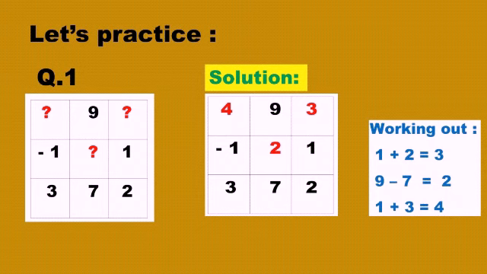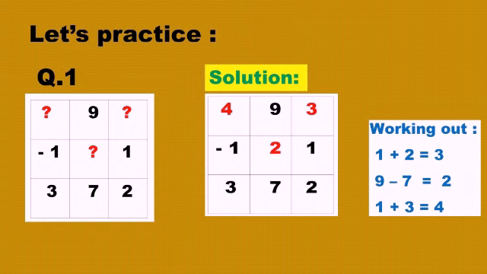See, in the first question, the red question mark in the first column is in the top, so it's a minuend. When we need to find the minuend, we have to add. So here we have to add the subtrahend with the difference. The subtrahend in the first column is 1 and the difference is 2. So 1 plus 2 equals 3. So the answer will be 3.